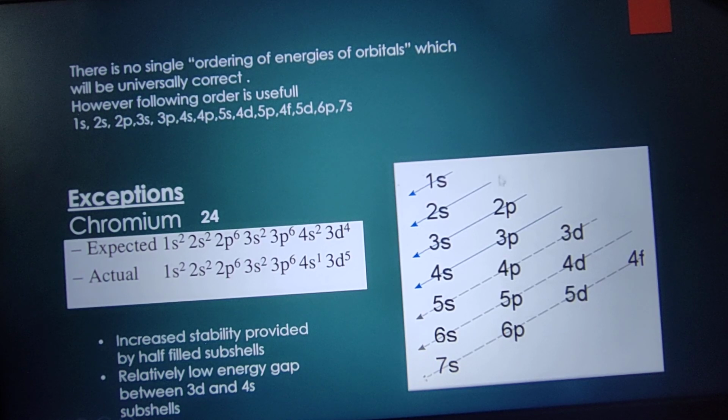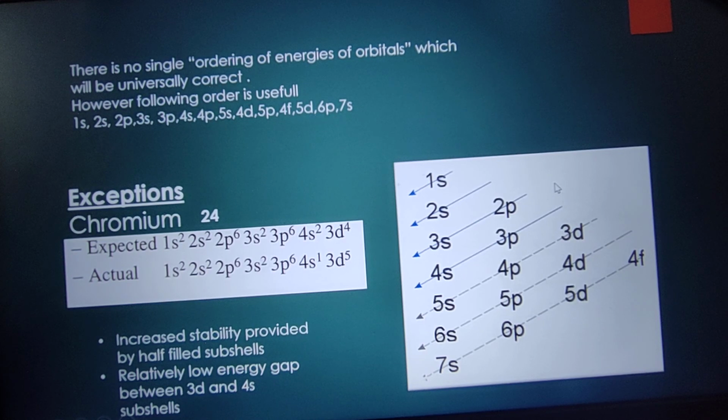why we are not having 1p? One shell, principal quantum number 1, will have only 2 electrons. So it will be occupied by the s orbital. So there will be no 1p orbital or 1d orbital or 1f orbital. Similarly,